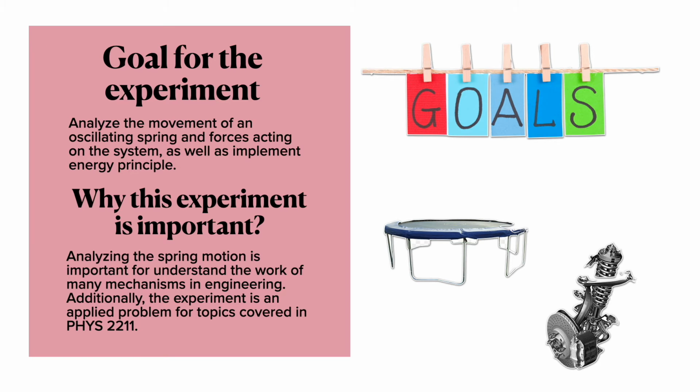The main goal for the first lab is to analyze the movement of an oscillating spring and forces acting on the system, as well as implement the energy principle to find energies that exist in the system. This experiment is important for us because it helps to understand how many mechanisms work in engineering, for example, car suspensions. Additionally, this experiment allows us to implement knowledge of physical concepts covered in the course to solve a real-life